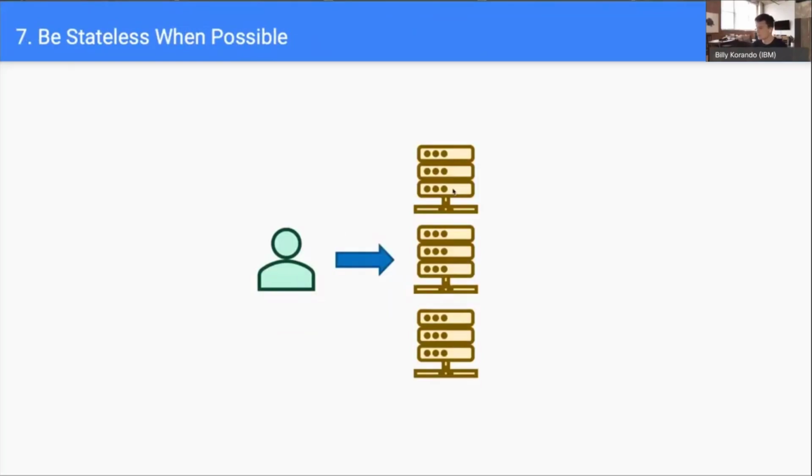It can be good to be stateless as much as possible. Stateless can help a lot when it comes to scalability and also resiliency. So if for whatever reason, as we were talking about a little bit earlier with the liveness probe or the readiness probe, one instance becomes overwhelmed or crashes, then if you're stateless, a user can just easily go to a different instance